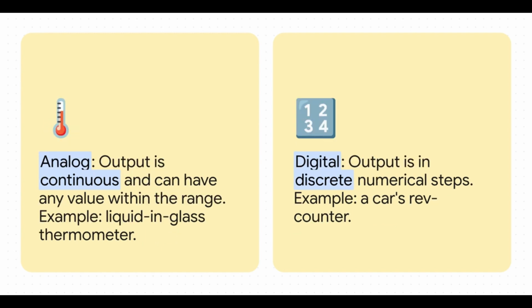And this brings us to a huge one, especially today, analog versus digital. An analog signal is smooth, it's continuous. Think of that liquid in a thermometer. It can stop at any infinite point along the glass. A digital instrument is different. It thinks in numbers. Its output jumps in discrete steps. It's either 21 degrees or 22 degrees, nothing in between. And while analog might feel more real, the massive advantage of digital is that it speaks the language of computers, which is why it's taken over the world.